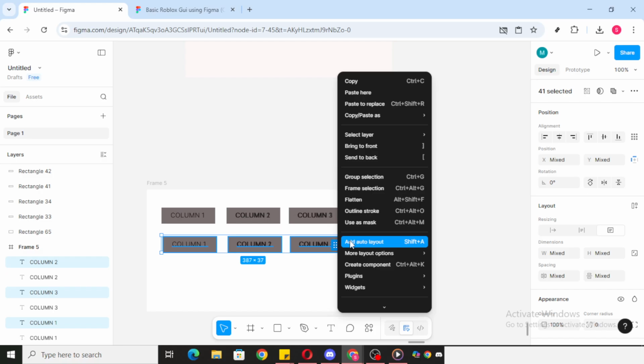Making it a component means you can duplicate consistent rows and update them in one place if needed. It also helps keep your design organized as your table grows. Now, simply duplicate that component to build out your table. Each duplicate becomes a new row. Rename the text inside each row to match your content, such as different entries or data points, while keeping the